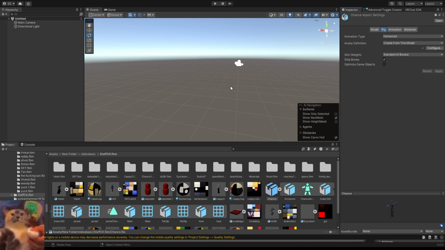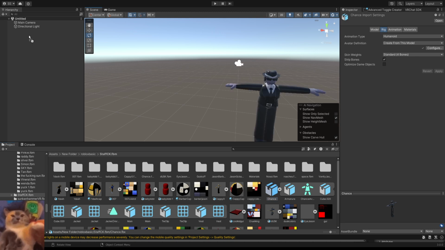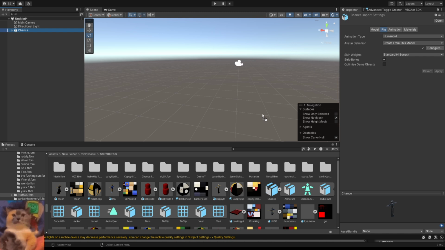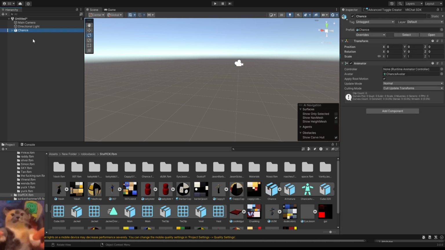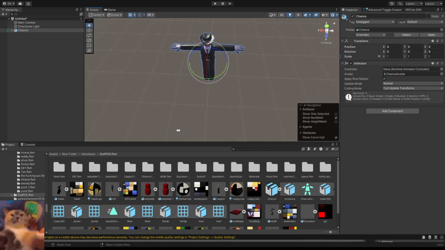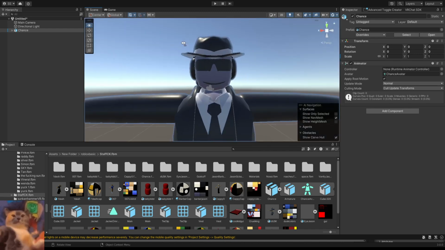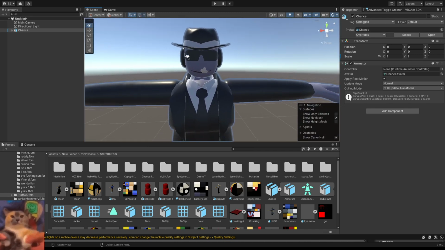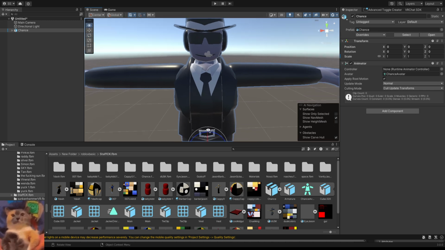Now, here is where everyone thinks it's super complicated. I promise it's not. I'm gonna drag him here. You might feel tempted to drag him here, but trust me, if you're gonna do toggles and other things like that, it's easier to just drag him like that. So he's right here for me now. There you go. And first of all,